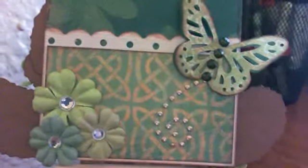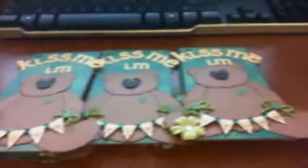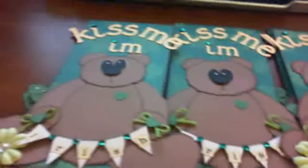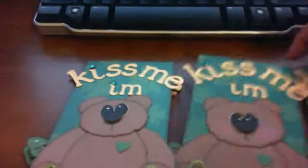Here's some Prima bling, and I used Prima flowers and just centered them with bling. And here's the other ones. So I've been invaded by little tear bears. They're so cute. And I really love how it came out. So there's that. And then I wanted to show you guys another little project that I've been working on,